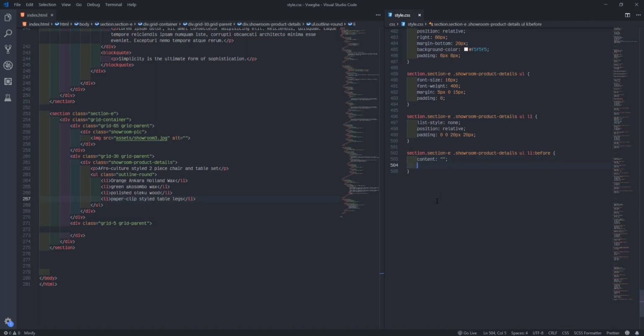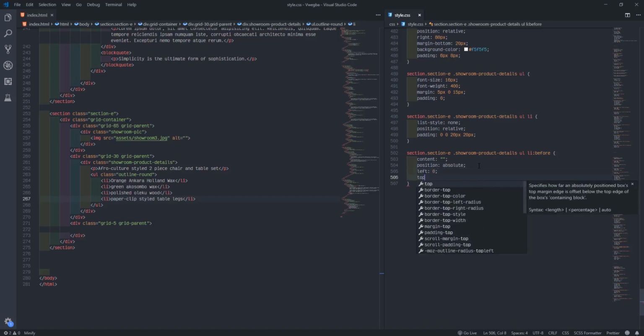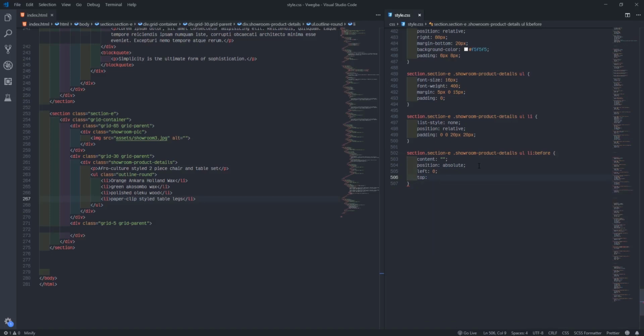Content go to empty. Then position absolute. Position absolute. Left be 0. Then top. Top. Now to put up like 6 pixel. 6 pixel.